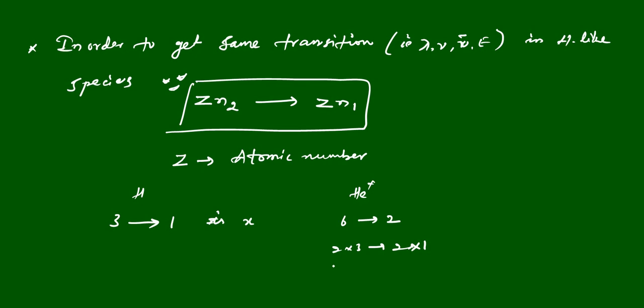So where 2 is the atomic number, so Z into 3 and this is Z into 1. Same 3 to 1, 3 to 1. So same type of transition. Z means atomic number of helium. So in case of helium also, you should get same energy, whether it is 6 to 2 or 3 to 1. In case of lithium ion, for example, they may give lithium 2 plus ion.